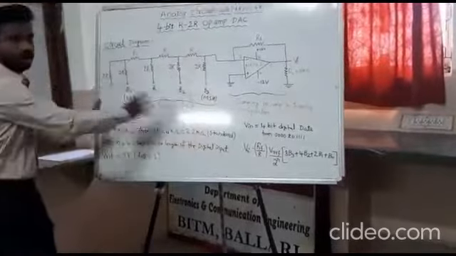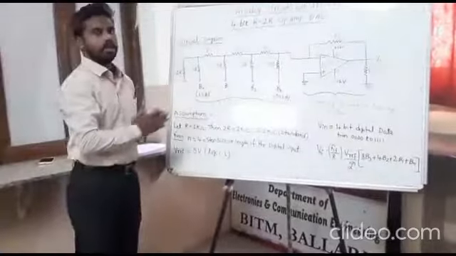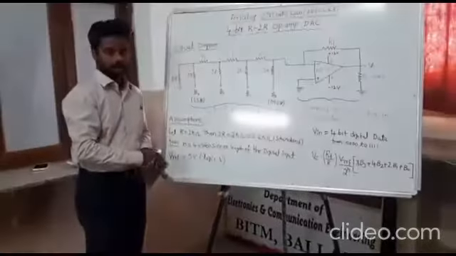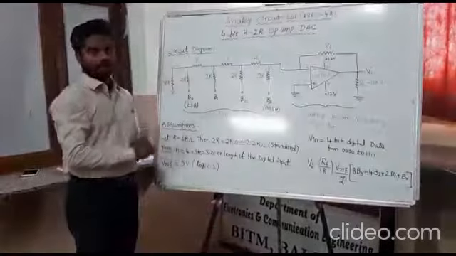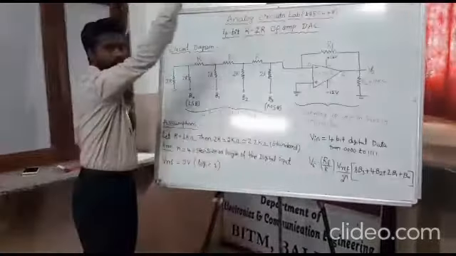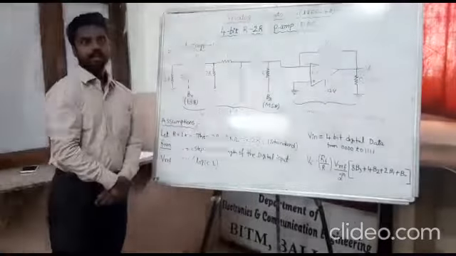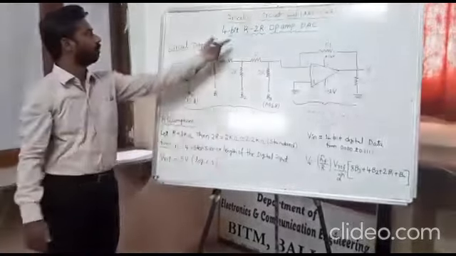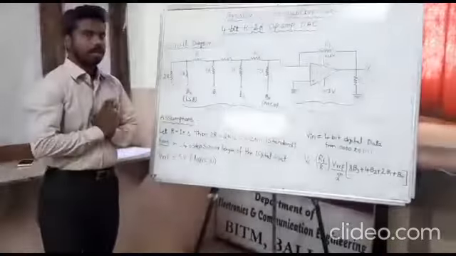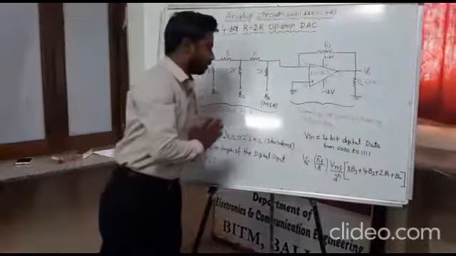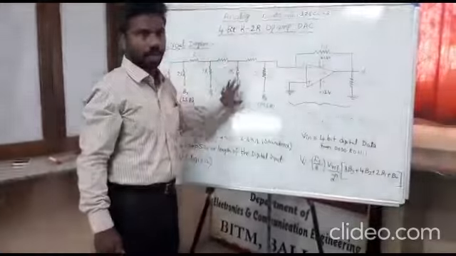Okay, these bits are weighted, ranging from 2 power 0 to 2 power 3 because we are taking only 4-bit data. If you are going with more bits, then you need to extend the ladder circuit. Since the R and 2R resistors are connected in a ladder fashion, that's the name R-2R DAC. Let us first understand how this equation holds good for this particular circuit. Let us prove it.